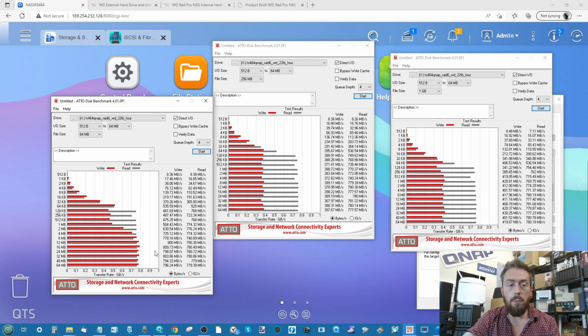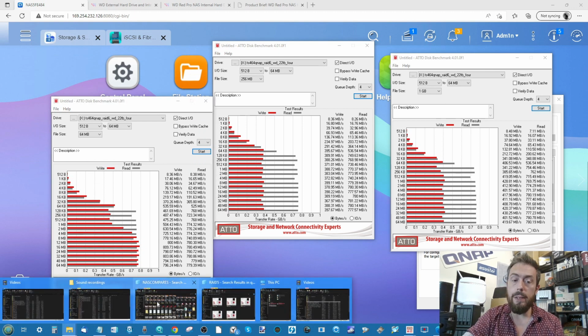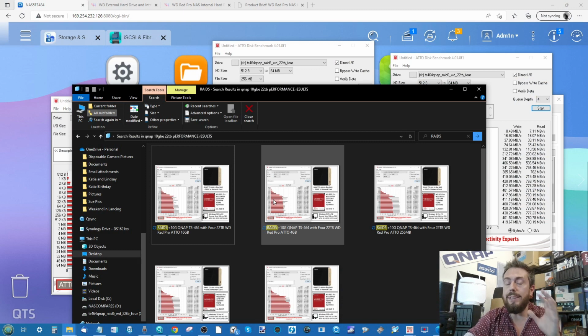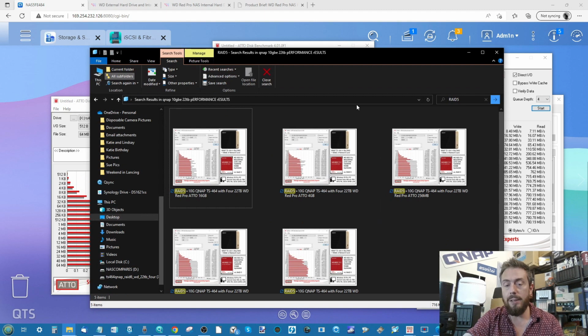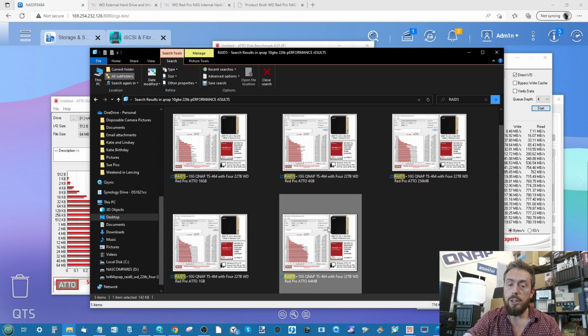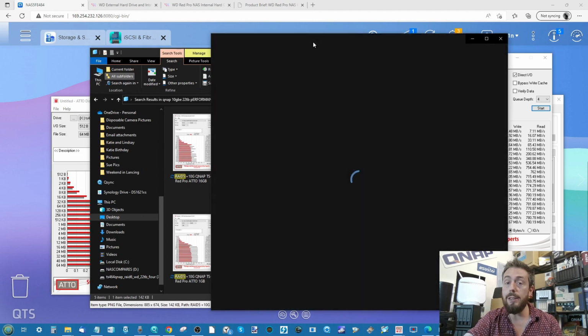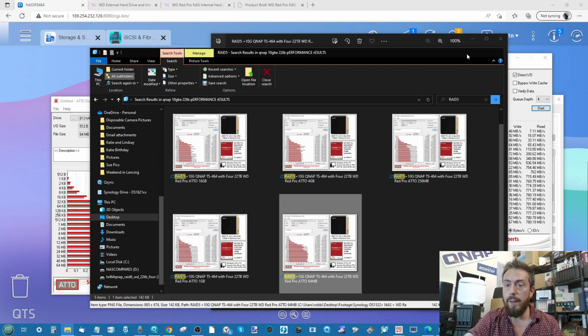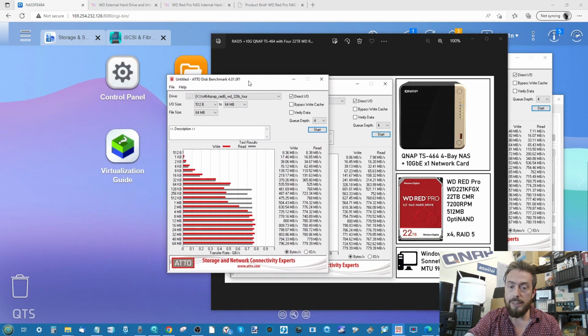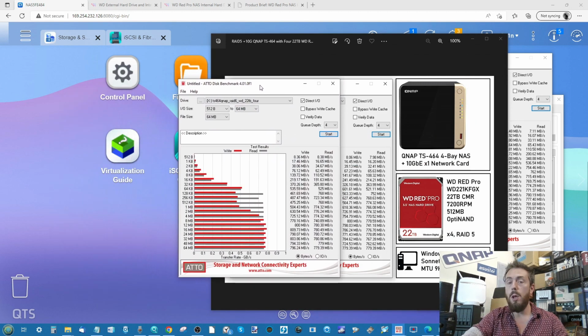Comparing against the results earlier on with the RAID 5 that we had just before we did our format shows the distinct differences between the RAID 5 and RAID 6 configuration on this system and those 22 TB drives. To put it into perspective, if we open up the 64 megabyte test file and bring them side by side, we can look at the 64 meg side by side. So this time we are running the RAID 6 on the left versus the RAID 5 on the right,